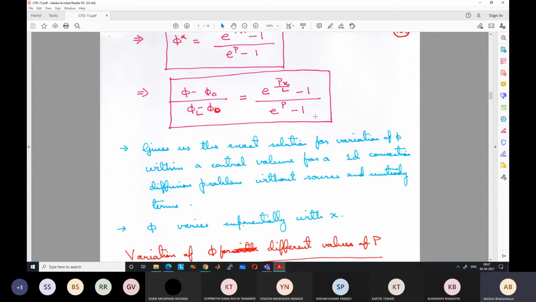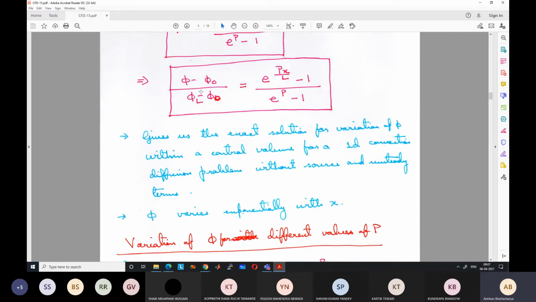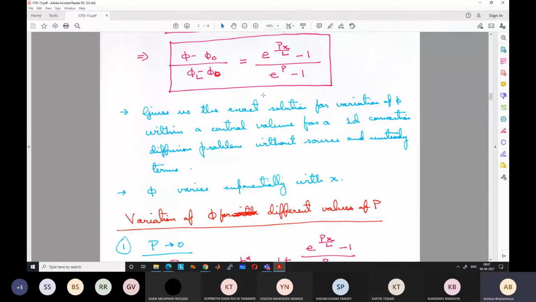It gives us a lot of insight, because we know that for simple convection diffusion problems, the variation of the dependent variable phi should be exponential in nature, and accordingly we can interpolate at the interface what the value of phi should be, based on this type of variation. That is for the 1D problem. For 2D and 3D problems we can use the same scheme, but in those cases this is not the exact solution, though the nature of variation will be similar.